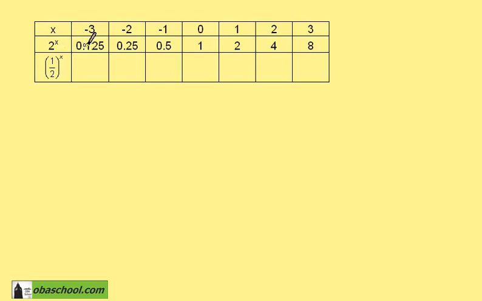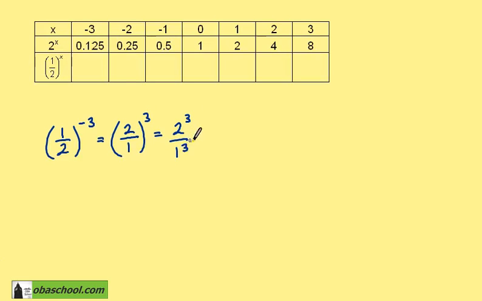We can see the table of values for 2 to the x as we saw in example 1. We're now going to look at a half to the x. If we have a half to the minus 3, the minus in the index turns the fraction upside down, so we get 2 over 1 to the power 3, which is 2 cubed divided by 1 cubed, which is 8. So this is 8. A half to the minus 2